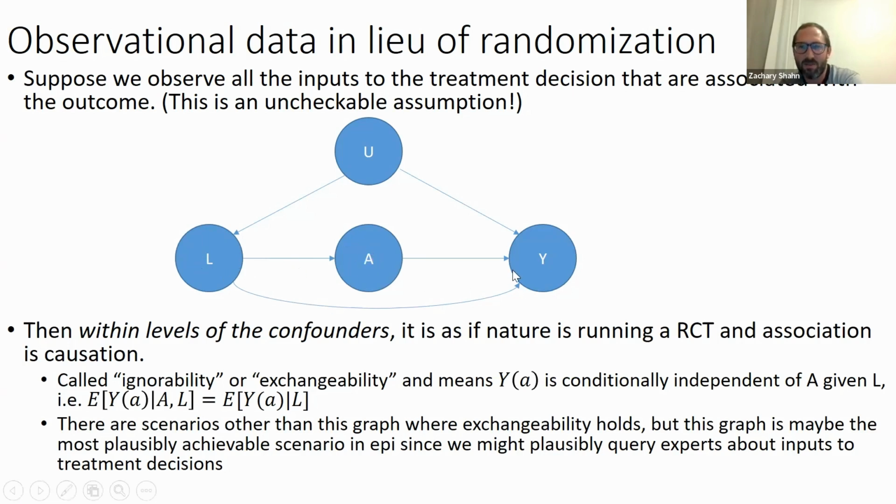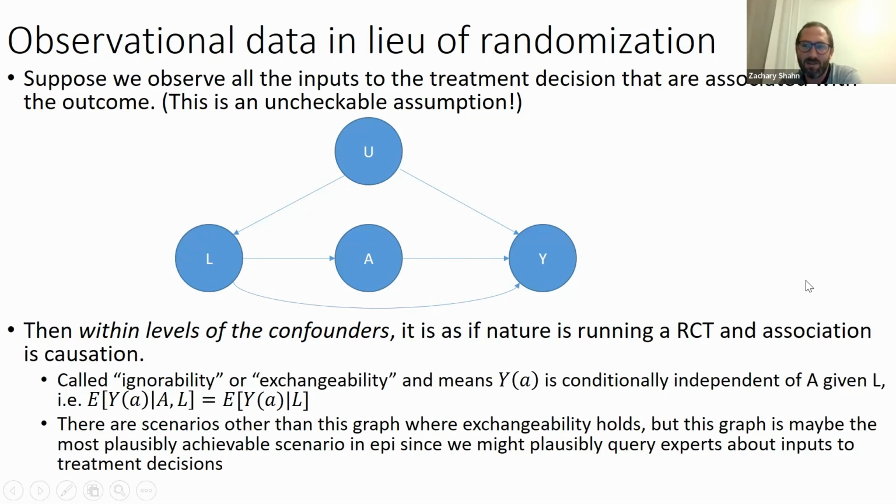That's also associated with the outcome. There can be unobserved variables, U, which you didn't collect, which might be a common cause of these inputs to the treatment decision and the outcome, but they're not direct causes of the treatment decision. They're not direct inputs. So if you observe all the direct inputs of a treatment decision that are also associated with the outcome, either by causing it or just being associated with it through some other common cause, then within levels of this variable, so for a given value of these confounding variables, it's as if nature is running